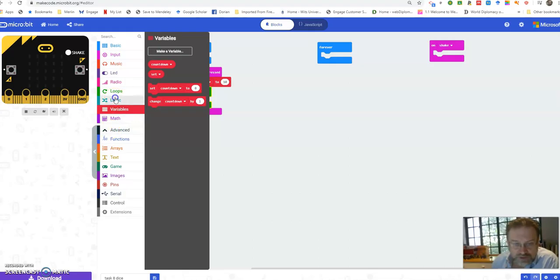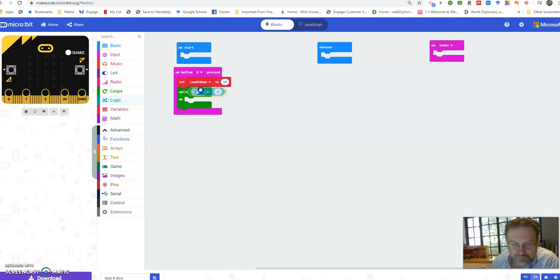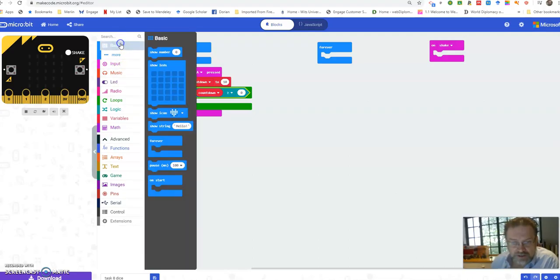I've got to use that one. Just bear with me for a moment. So while countdown is, which one is greater than or equal to? Greater than or equal to 0. Then what it must do is it must